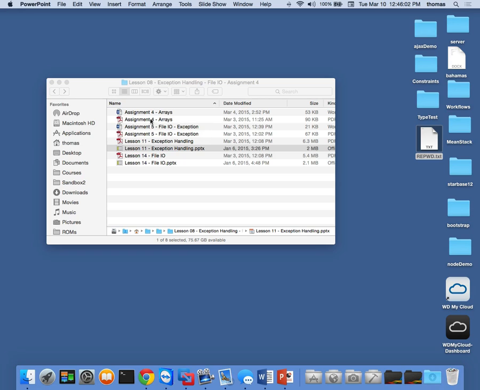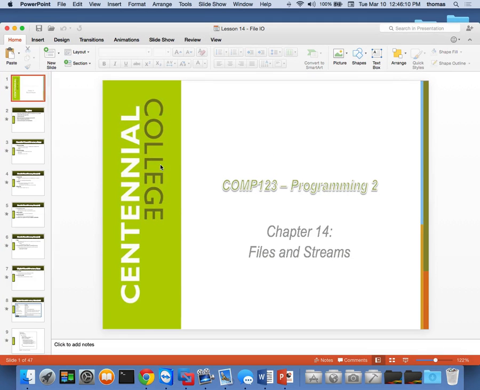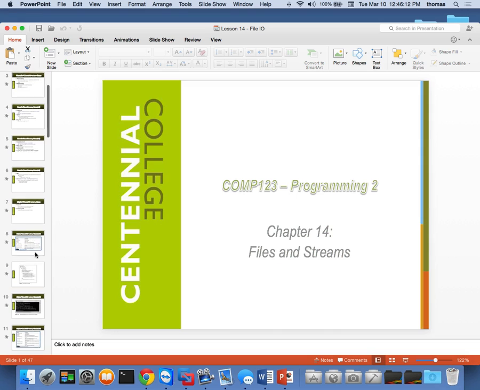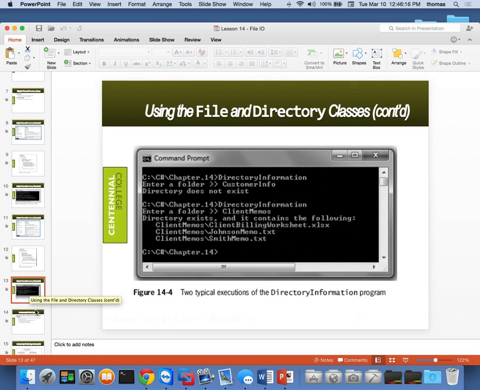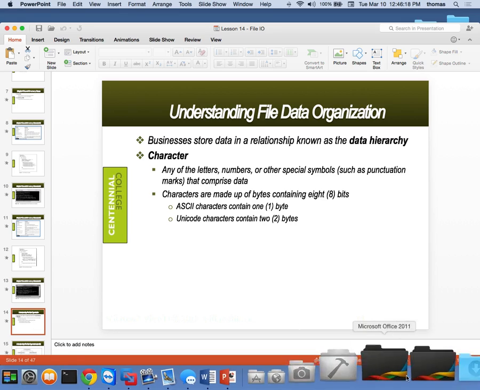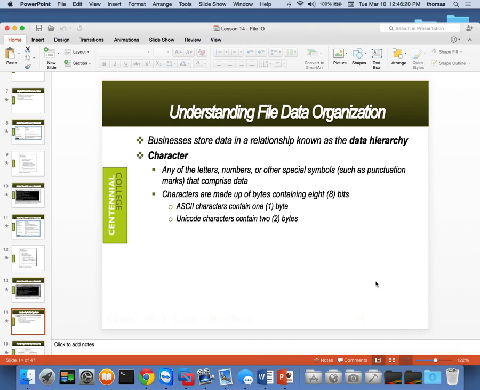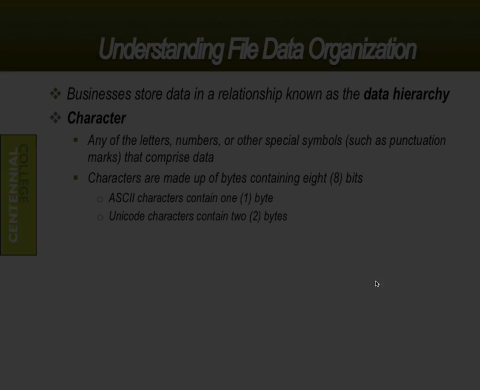And then we were right into file I/O. We didn't cover the whole thing yet because we just didn't get around to it. There's a lot of piece parts to it, right? So I think we covered up to slide 13 or 15. Let's just go through it. And I think the most important pieces to it